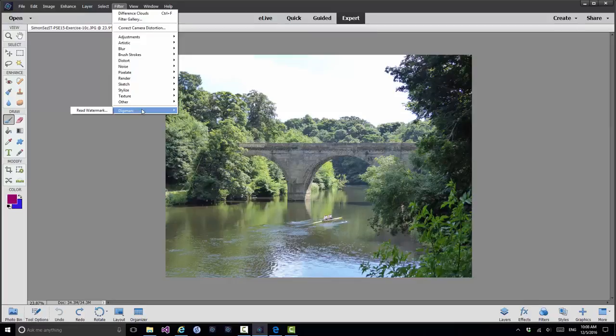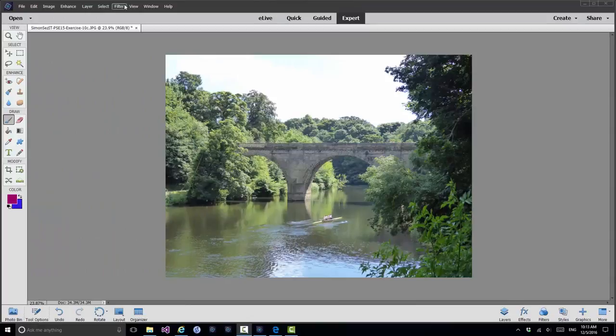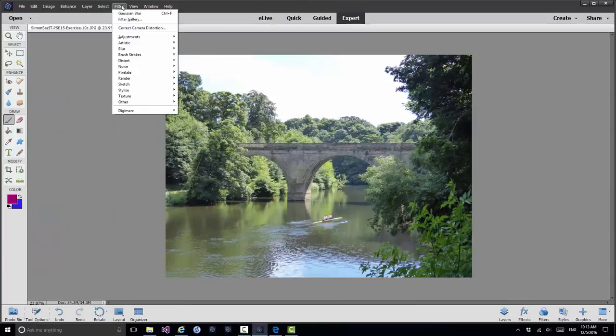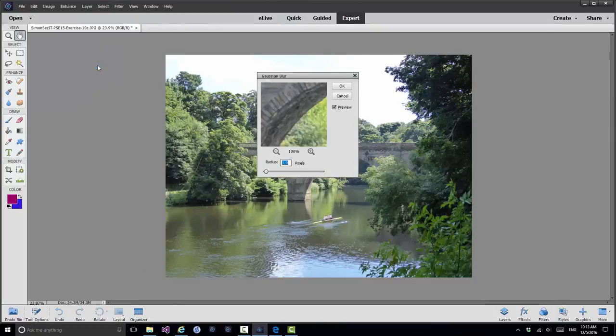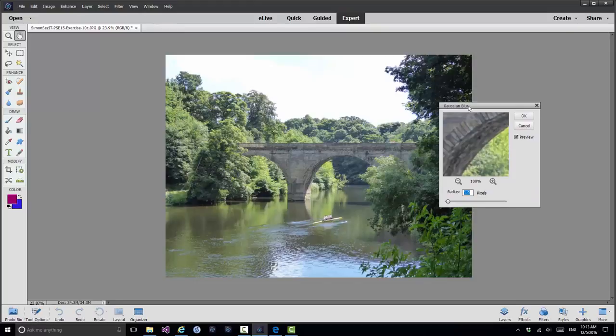We're really going to concentrate here on these main categories of filters and a couple of the examples of filters within those categories. Let's look at a straightforward example of a filter. Let's look at one of the blur filters. Gaussian blur is a very commonly used filter, and as with many of the filters you will get a little dialog that lets you control the level of the filter. In the case of Gaussian blur, for example, the main setting is a radius setting which defaults to 1 pixel,